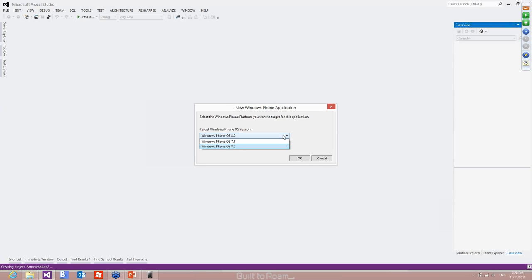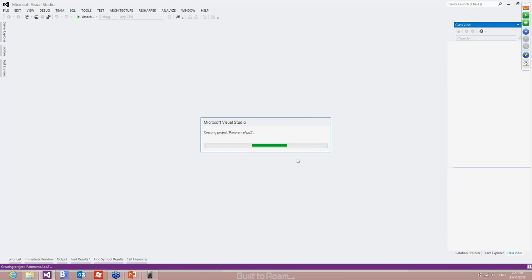Okay. When you go to submit your app to Marketplace, you should be aware that if you submit initially your application as a Windows Phone 8 application, you won't be able to backfill at the moment with a Windows Phone 7.1 version of the application. So the guidance there is if you're considering supporting both platforms, that you start with the 7.1 application and then provide an upgrade path for those people with a Windows Phone 8 device. In this case, we'll actually start with a Windows Phone 8 application,